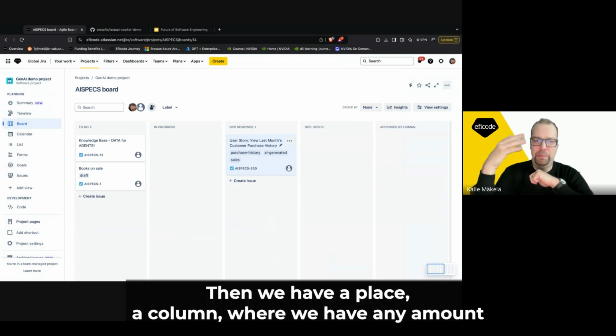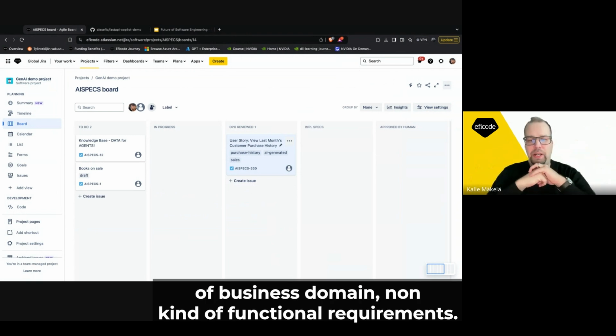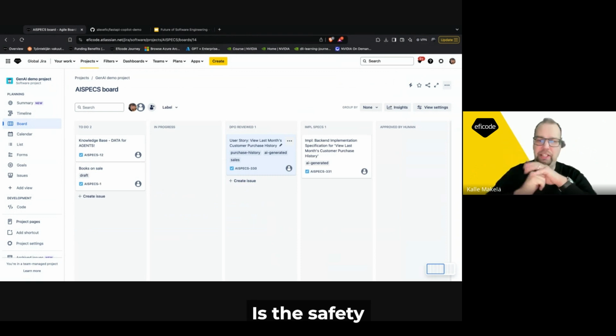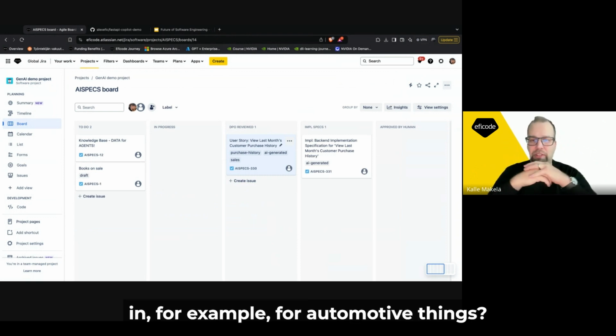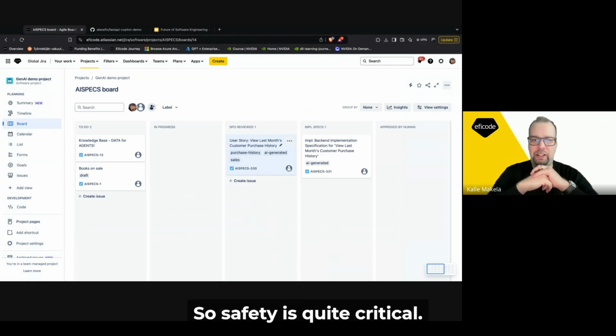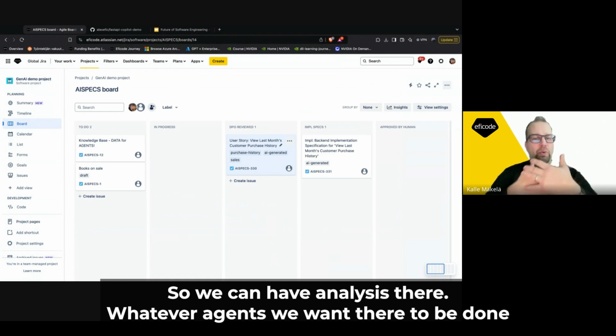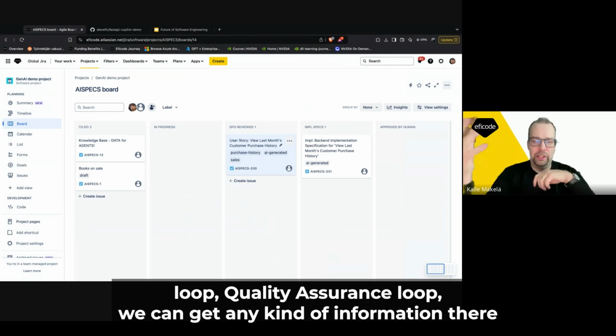Then we have a column where we have any amount of business domain functional requirements. Check that, okay, is the safety in, for example, for automotive things. So safety is quite critical, so we can have analysis there. Whatever agents we want to be done, like for the quality assurance loop, we can get any kind